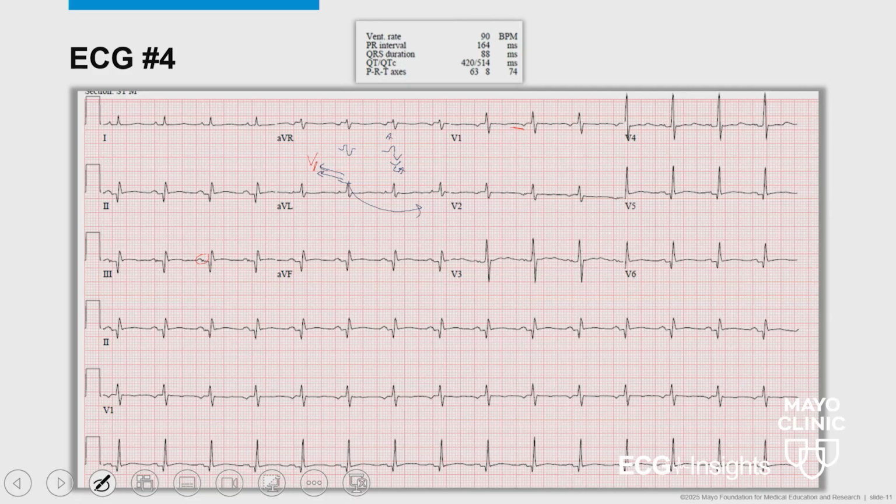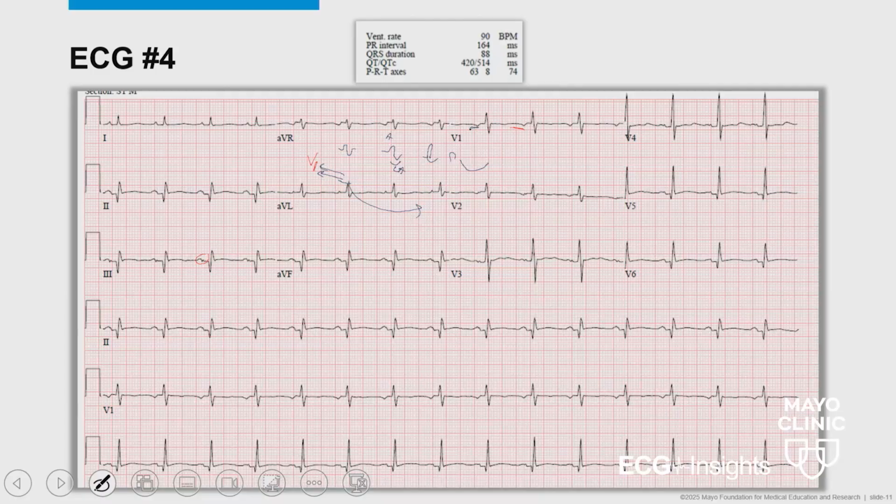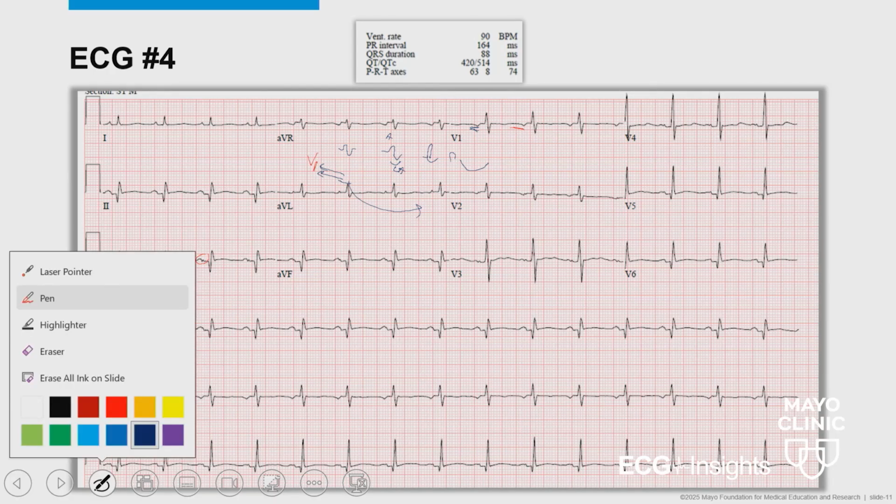So if you have a situation where there is right atrial enlargement, the initial part becomes taller and taller, and the terminal part is normal. If you have left atrial enlargement, then the terminal part becomes broader, and the initial part might be smaller, and you may even miss it. So here you can see there's mostly a terminal part which is negative, with more notching in the inferior leads, again suggestive of some left atrial enlargement as you are seeing in this ECG.